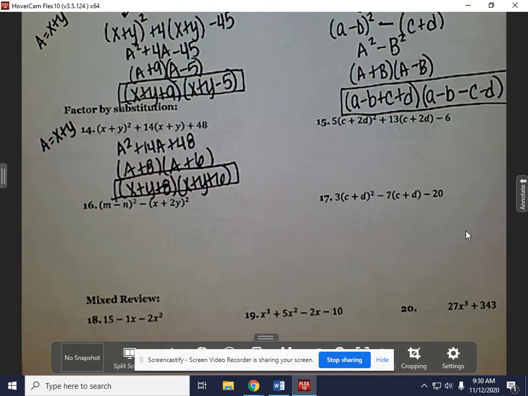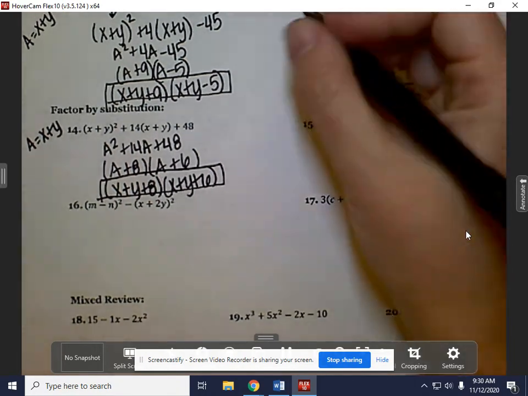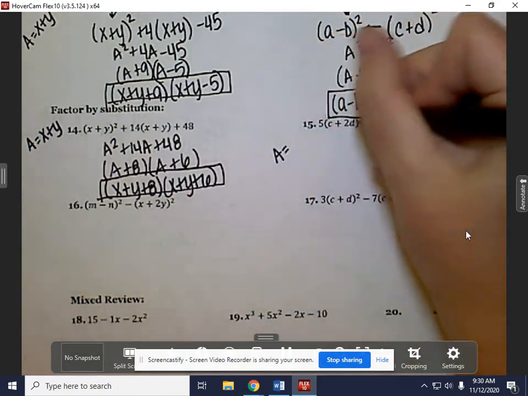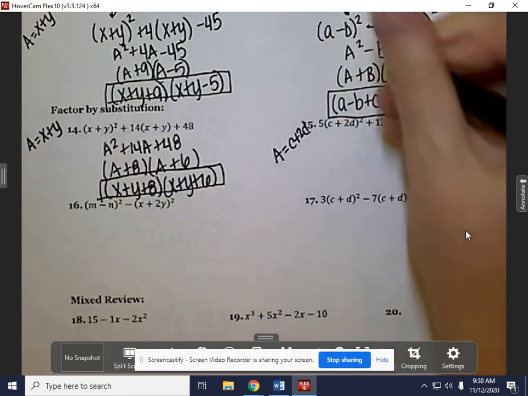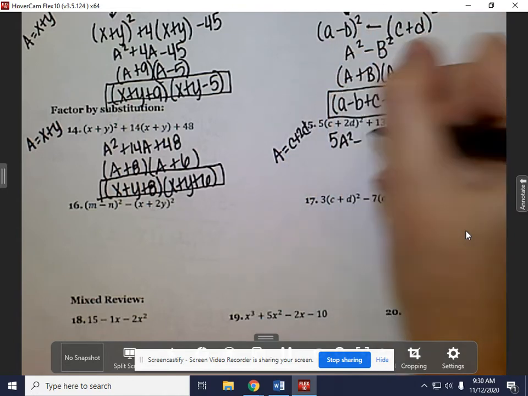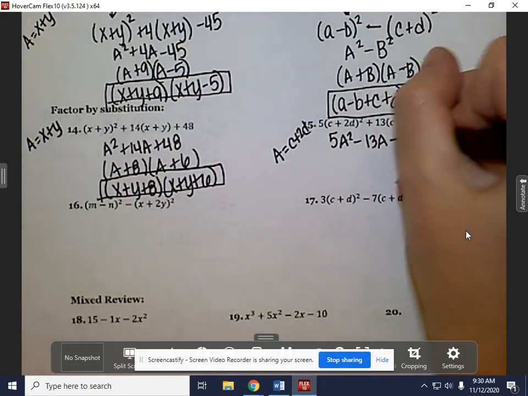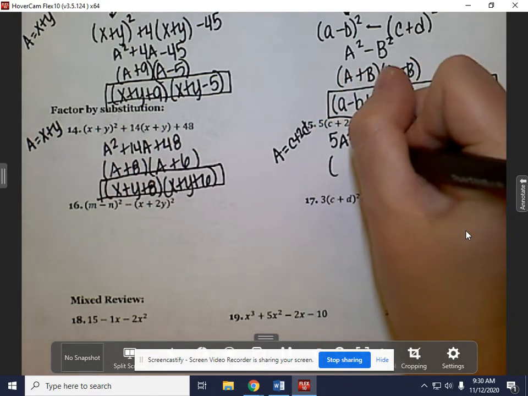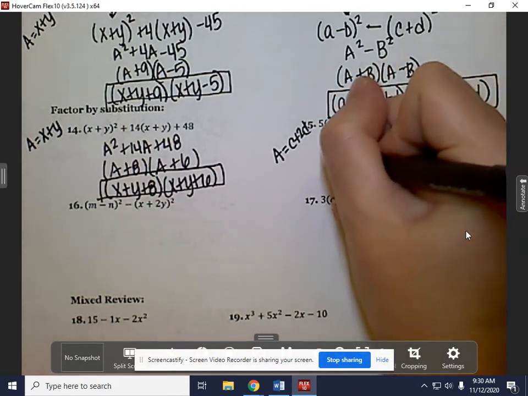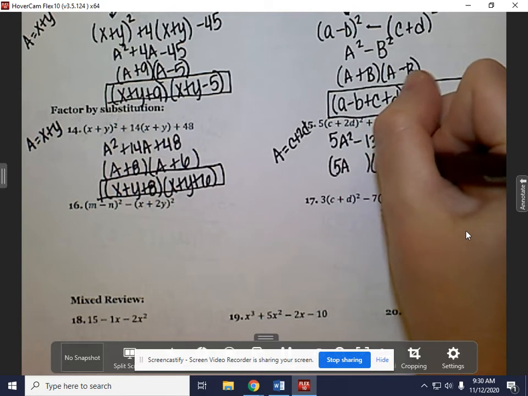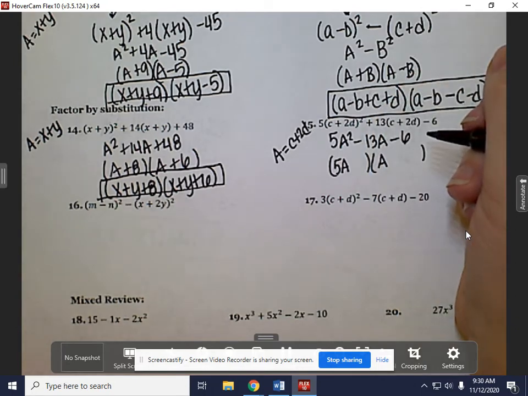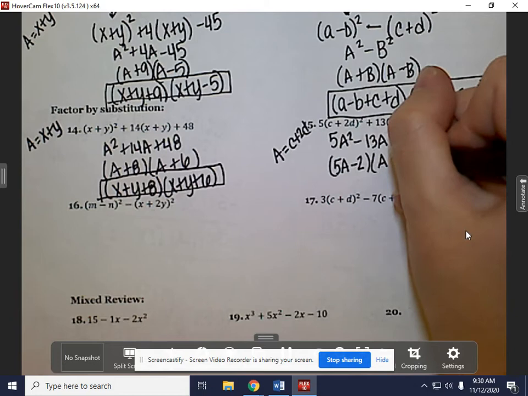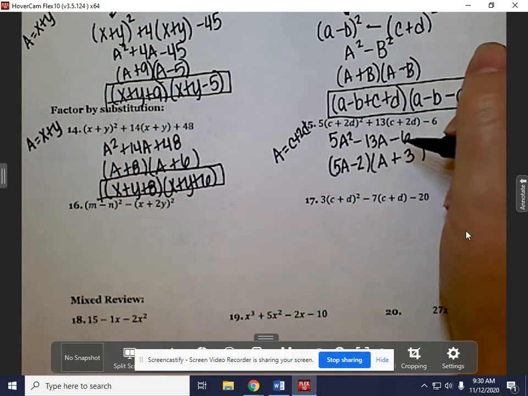Okay, so nothing too terrible. Once again, don't overthink it. They look confusing. See if you can rewrite it in a way that makes it less confusing. So same thing here. I'm going to say a is, in this case, my binomial, c plus 2d. So I'm going to write it as 5a squared minus 13a minus 6. Excuse me. So let's factor that bad boy. That would factor to what? 5a, and that would just be a. So 5a minus 2, 5a plus 3, because that would give me